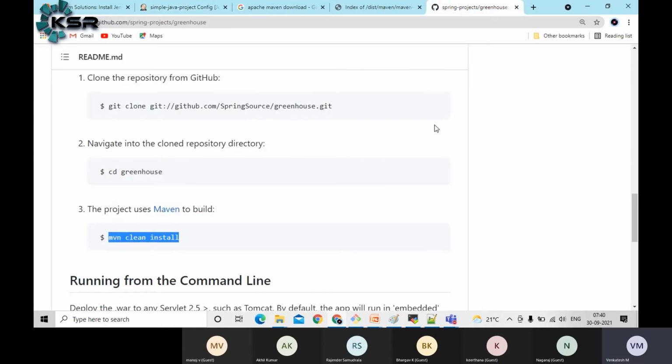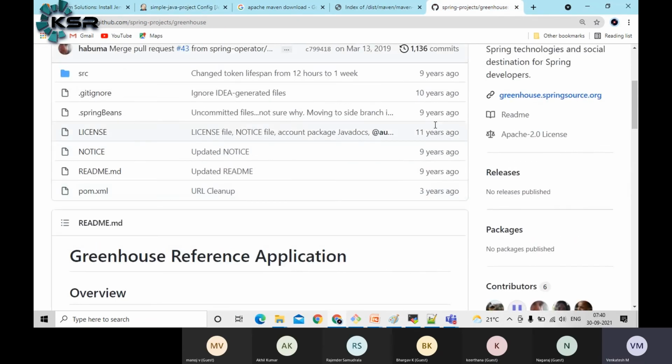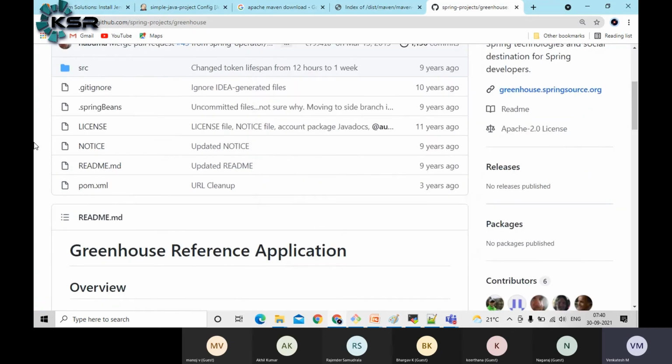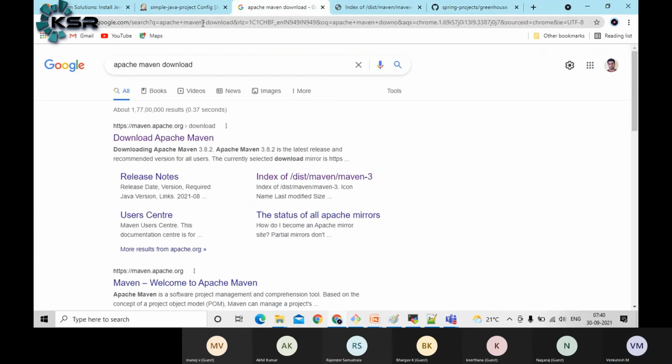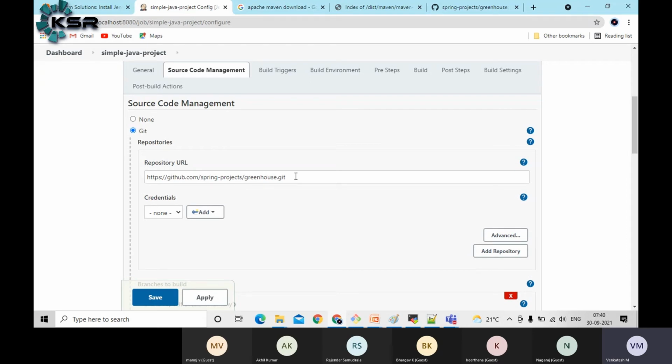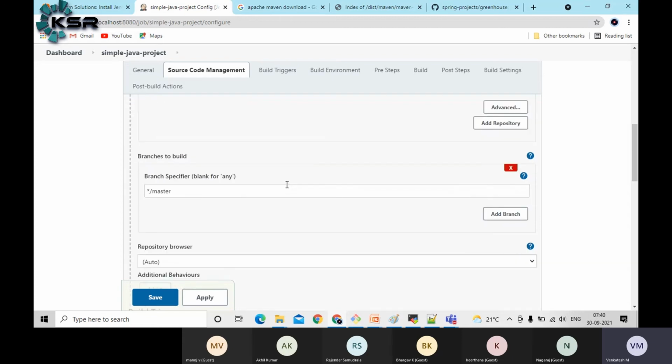Let me pick this project. This looks like a very simple project. What you need to do is go to your project on GitHub and click on the code section, guys. In the code section, you can see this copy option. You can choose this option here. Then you can simply add the repository URL. That means when there is a repository URL, during the initial stage it will download the code. When we execute the script, you are going to understand this part, guys. No worries.